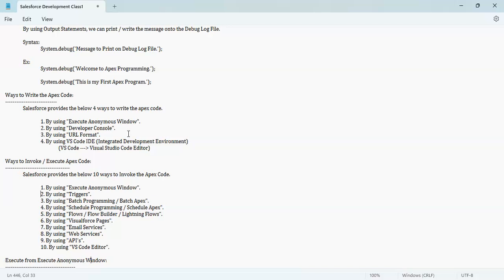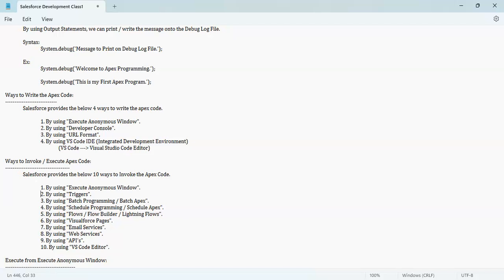But with the latest implementation, in late 2018 or 2019, Salesforce came up with the Lightning Web Components. For writing code for Lightning Web Components, we need the Visual Studio Code. So VS Code is needed compulsorily for writing the